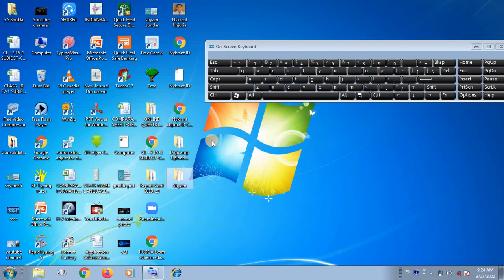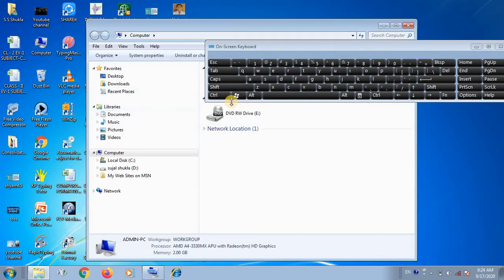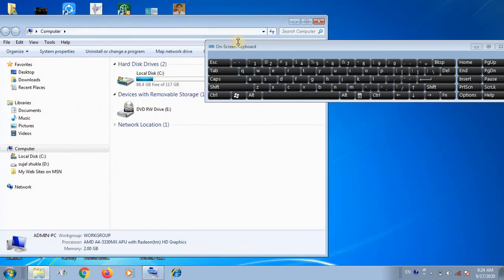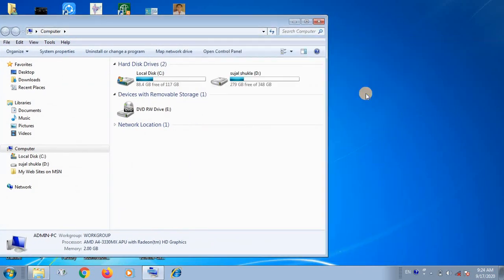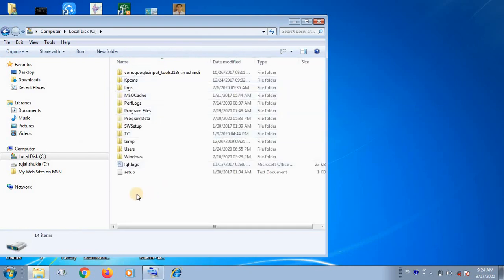Select the folder, press Ctrl plus X, it will cut the folder, and you go to the destination where you want to paste the folder. Suppose I want to paste the folder here, in the C drive.